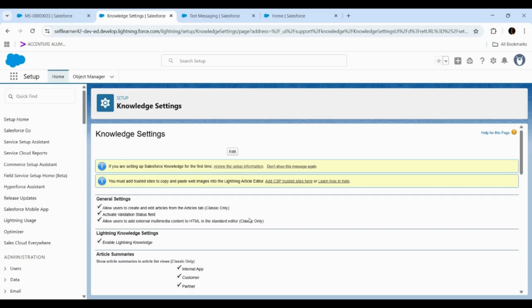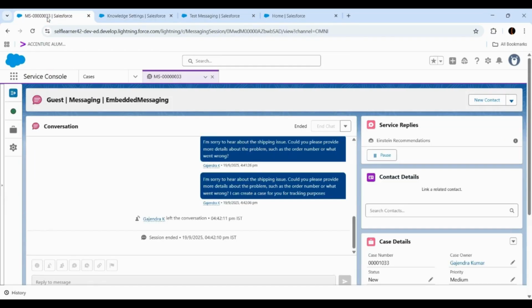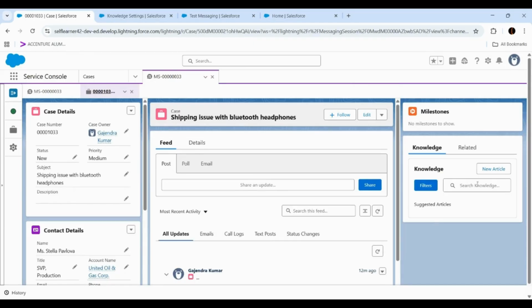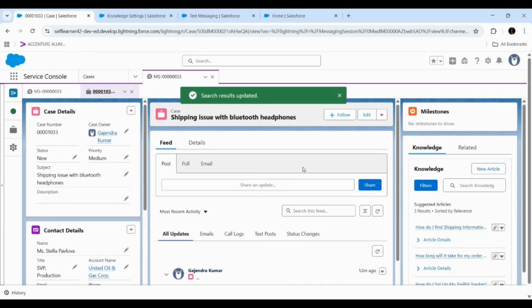So now we are done with setting up Einstein based service replies for Salesforce Service Cloud. Then we will come back to our service console. This is our last conversation wherein we used service reply to reply to a customer and created a case. We'll go to this case. Here in this case, on the right side, knowledge component pane,